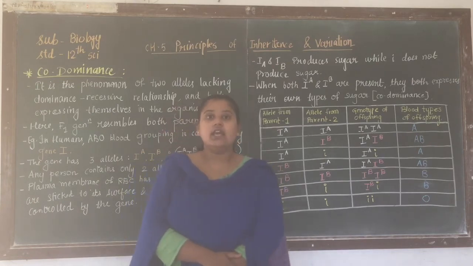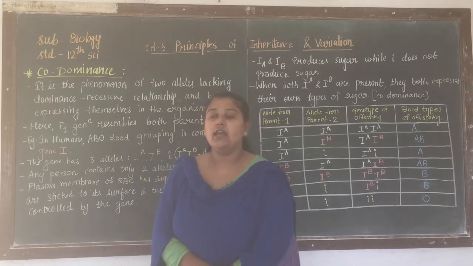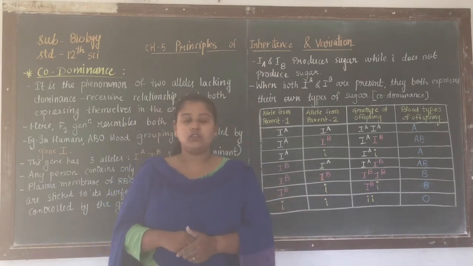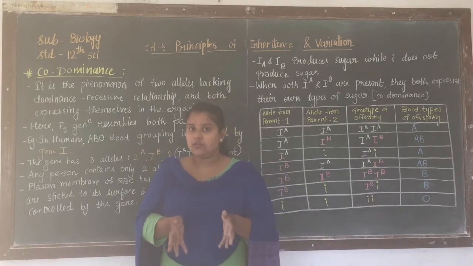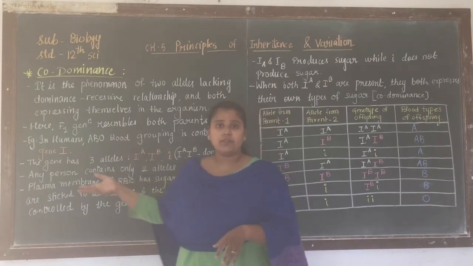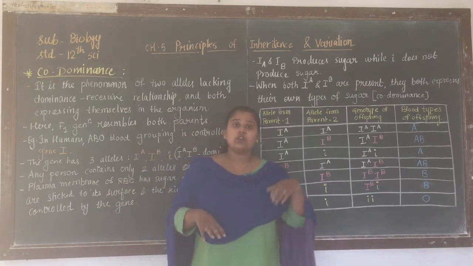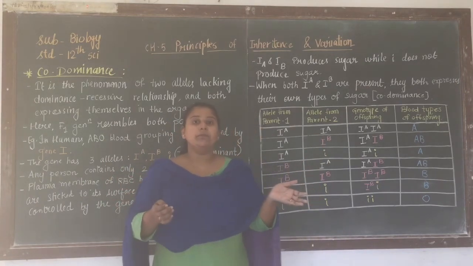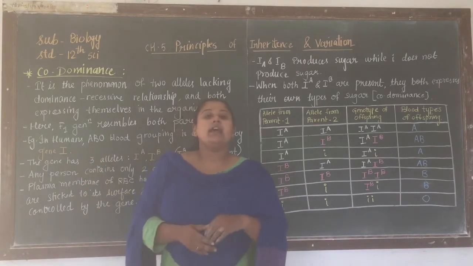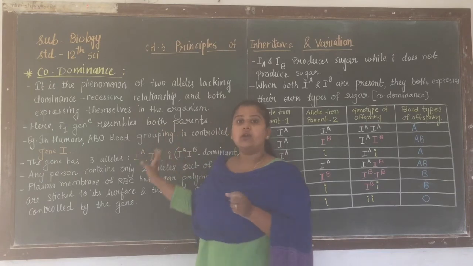So today we have seen the laws of inheritance, that is the law of dominance and the law of segregation, in detail, right? Then we have seen incomplete dominance, and we have drawn the flow chart of it, showing how the genotypic and phenotypic ratios are formed, that is 1:2:1. Next is codominance, which we saw in detail, and how codominance works. We saw different examples of codominance and of incomplete dominance. Here we saw the example of the ABO blood grouping system of humans. The incomplete dominance example was observed in Snapdragon, right? You should write all those notes in your notebook.